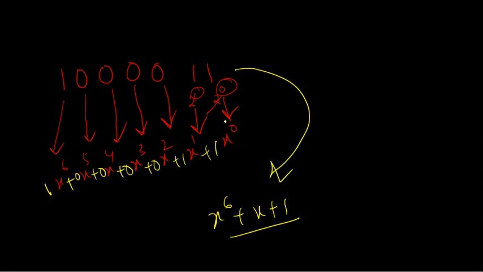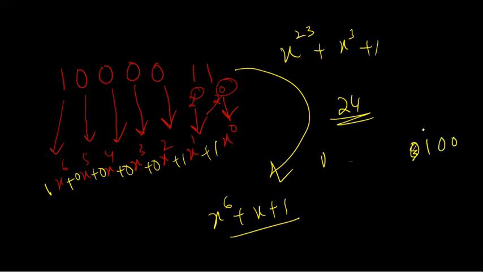Now, in the same case, suppose we are writing x power 23 plus x cube plus 1. Now, what will the binary pattern be? How many bits will we have? We will have 24 bits, right? So the first bit will be 1. Then again, we have many zeros. And then the fourth bit from the end is 1.